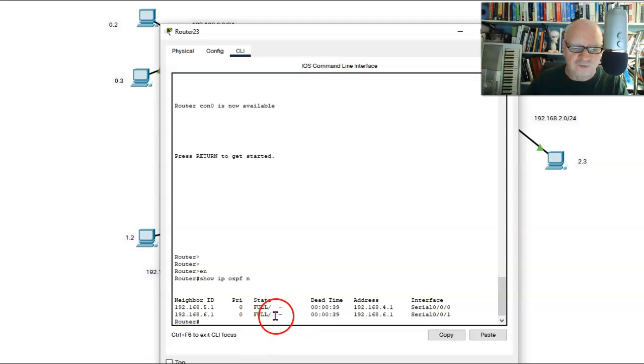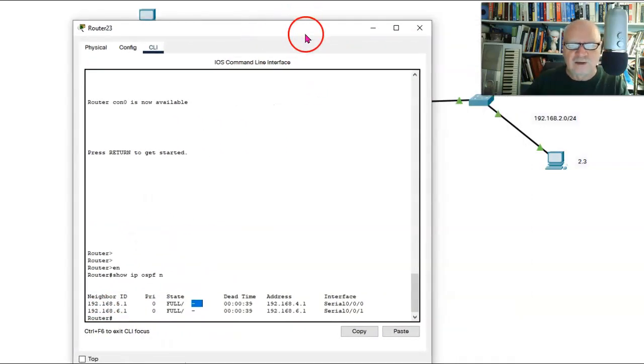And if we had to choose, this one would be designated, that would be backup. Well, actually, the one we're on would be designated. This one would be backup. This would be a druther. But that's how this process works. And so just be aware of it. And remember, too, that you can also change the router ID. You can change the loopback addresses. So you have power over who's going to be the DR and the backup DR.